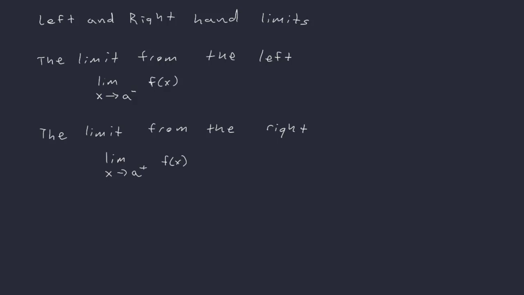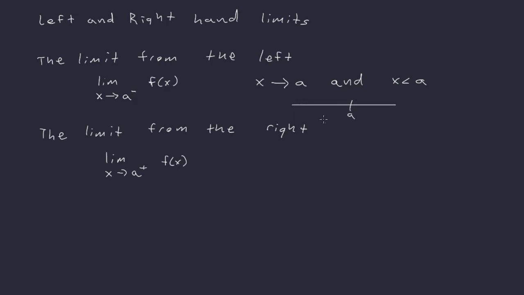If you noticed in the last example when we were plugging in values into the table, we separated it, one from the left side, one from the right side, and we can do that in general with the following notation, and evaluate them separately, which sometimes actually makes a difference. The limit from the left, which we call the limit as x goes to a with a superscript of negative, is when x goes to a but